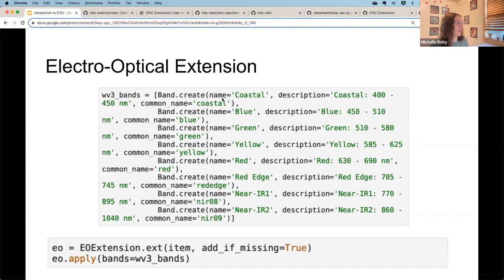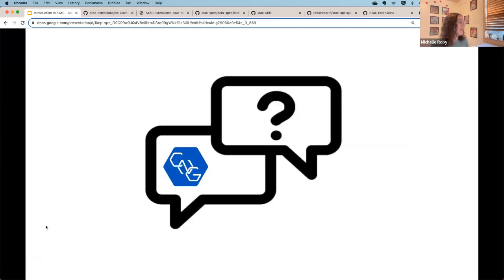So we're looking here, the first band is the coastal band, the second band being the blue band, and talking about its description on the spectrum. The green, it has all this information. And then when building the STAC catalog, the EO bands extension was applied here, saying, for your information, here is what all of these bands are and what attributes they each have. And this is actually from a tutorial on the STAC site that you can access as well later on. Okay, so that is the basic STAC specification.